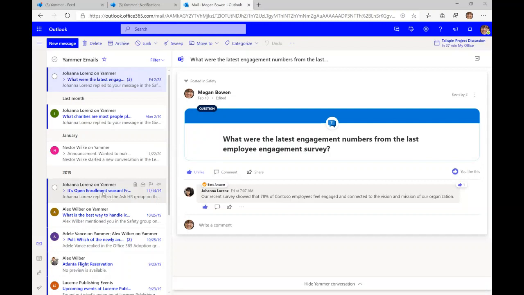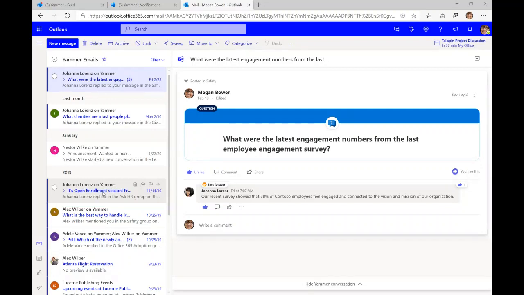Robin, I've got a couple questions coming in if I can interrupt you. I use Outlook on the web all the time. That is where I hang out. But a couple of questions is, as you probably expect, when is this coming to desktop and mobile, or is this coming to desktop and mobile? Can you talk a little bit about the timeline?